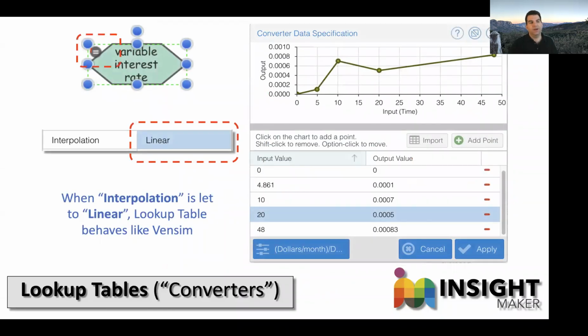There's a little equal sign that'll pop up here, and that'll pop up this thing, which is like the graph in Vensim. From there, you can enter all of the points of your lookup table down here, or you can click them this way, by clicking on the graph itself. So you can either click add point to add points, or do that, or you can actually